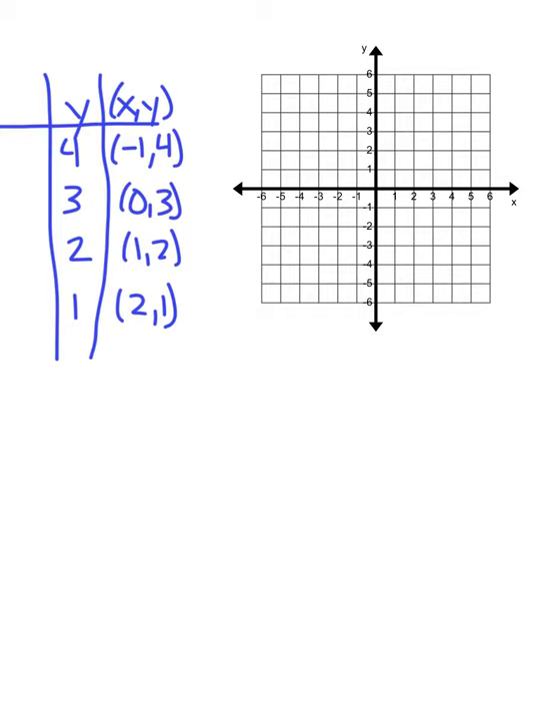So over -1, up 4. There's my first point. Over 0, up 3. There's my y-intercept. Over 1, up 2. Over 2, up 1. Now I know when a problem is in slope-intercept form,